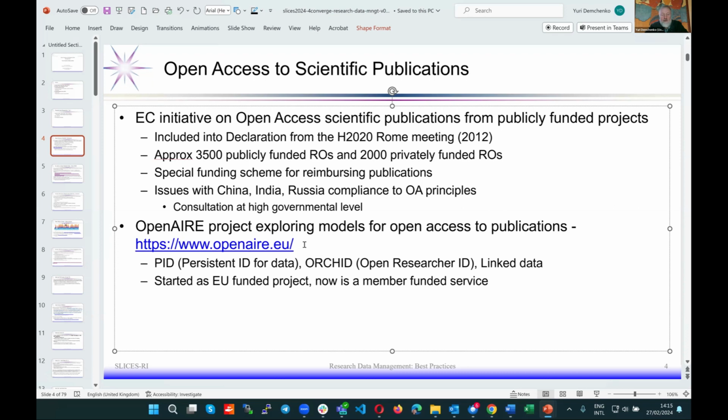And now it is a service funded at the level of member countries, and everybody, especially those working at higher education institutions and in research organizations, benefits from the open access provided by OpenAIRE. And you also need to deposit your results on the OpenAIRE site. OpenAIRE also made a spin-off, Zenodo, which most of you already know how to use and